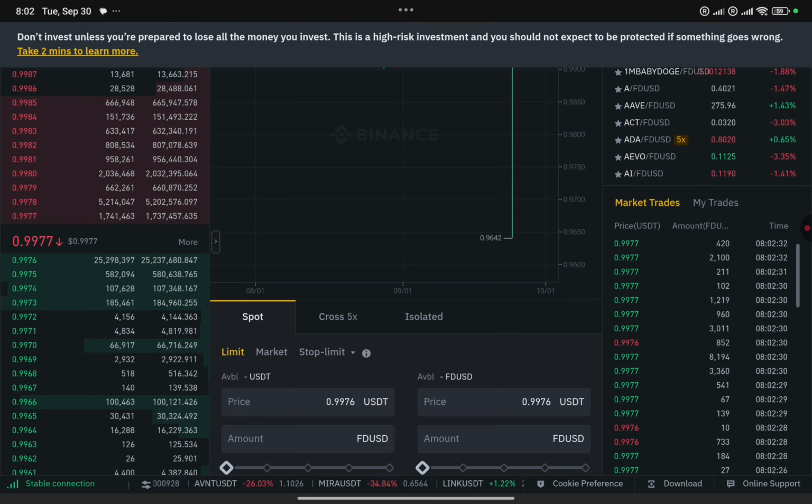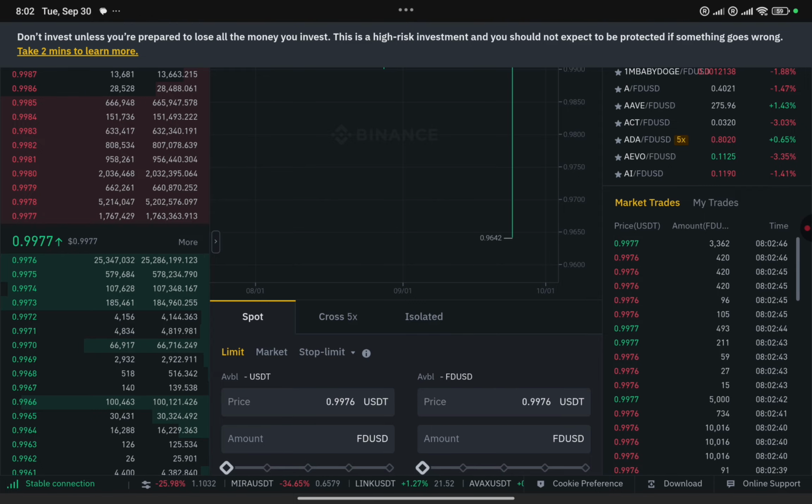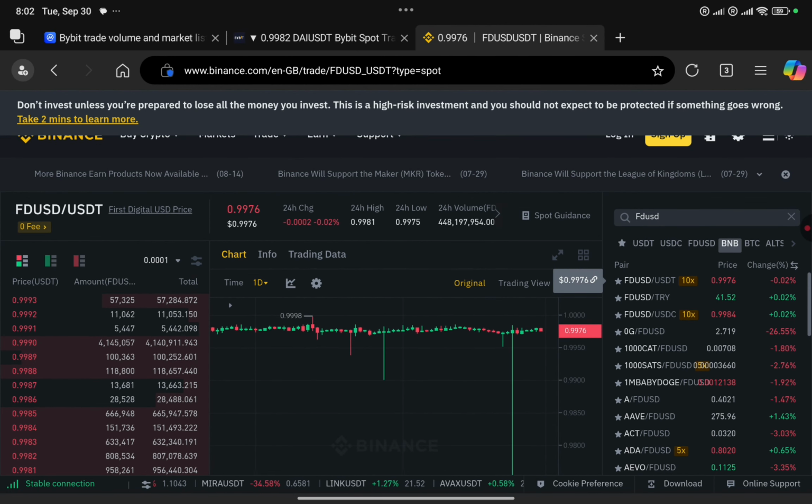So obviously you have to go to your sell section to sell the FDUSD back to USDT, and you can see that the current rate of this is 0.9976. So you have to be very careful with it, not to make some mistakes that you do not see in time, right? So the best thing to do is pick up your calculator, check whether